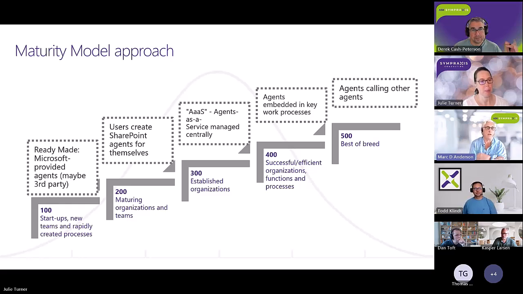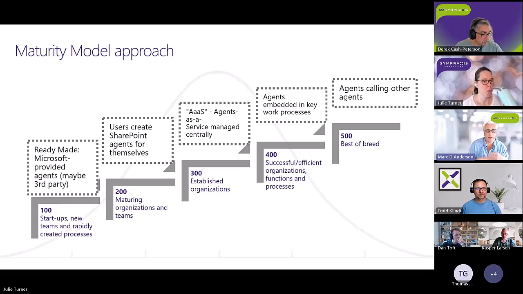If you think about how your organization might approach Copilot or just AI in general, down at the 100 level, people in your organization might be using some of the ready-made stuff that Microsoft makes available, and I probably should have called it out here, they're using ChatGPT and Claude and whatever. They're out there wandering around the internet using whatever AI stuff they run across. But if we stick just to Microsoft 365, we'll talk a little bit about some of those ready-made agents.